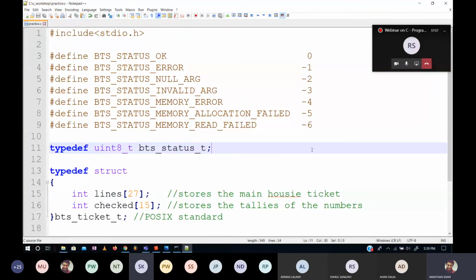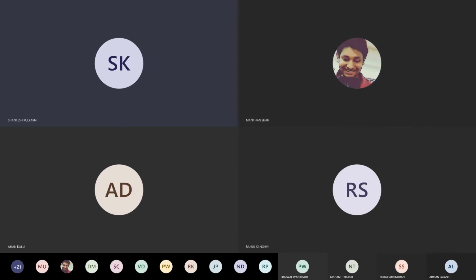Manthan. Yeah. Before you proceed, like structure, there is also union where, as you said, in a structure the memory allocated is the total of all the constituents, and in a union the memory allocated is that of the greatest. So in what instance will we use a union? Is there some example?